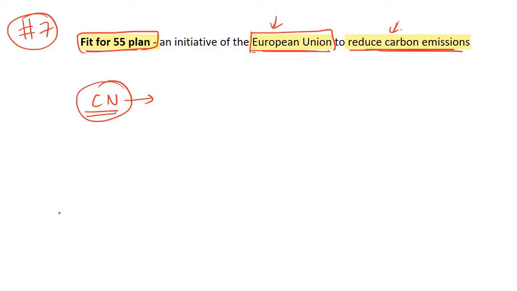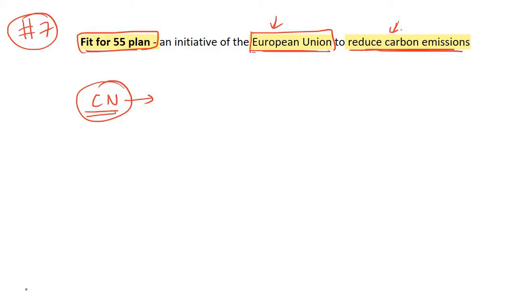What is carbon neutrality? Carbon neutrality is achieved when a country's carbon emissions are balanced by its absorptions and the removal of greenhouse gases. So as much as the country emits, it absorbs that much, removing that much greenhouse gas, basically carbon. And it is also expressed as a state of net zero emissions. That is carbon neutrality. When is carbon neutrality achieved? When emissions are balanced by absorptions and removal of greenhouse gases, especially carbon dioxide.